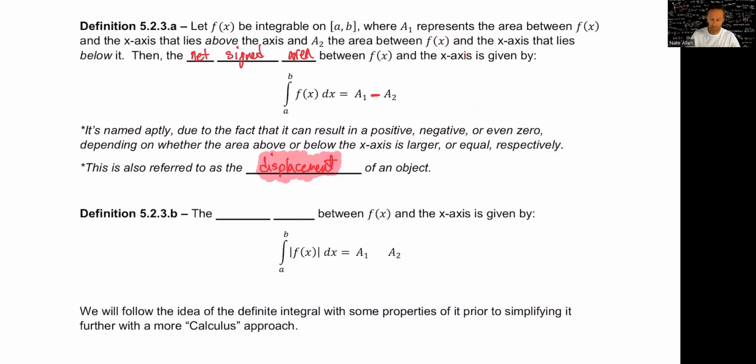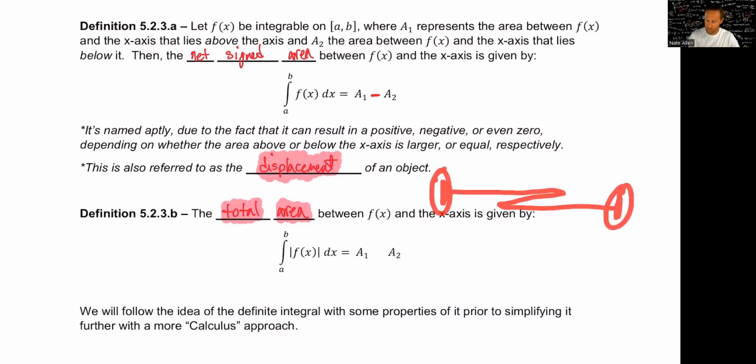That is different than part B of this, which is titled the total area. The total area is a bit different because I don't want to just know, like in displacement, where I started to where I ended. The total area, I want to know all of the places I went. And you may have gone forward and then backwards and then forward again. And your displacement would have given you the difference between these 2 points. But what about all of this other distance that I went that you only counted one time to get from